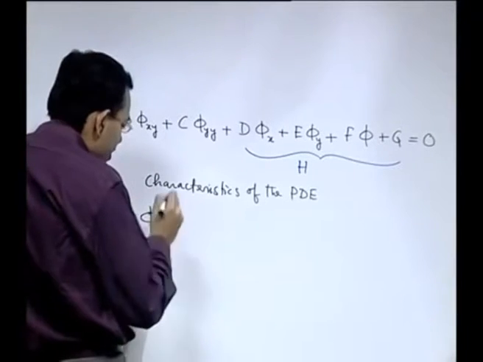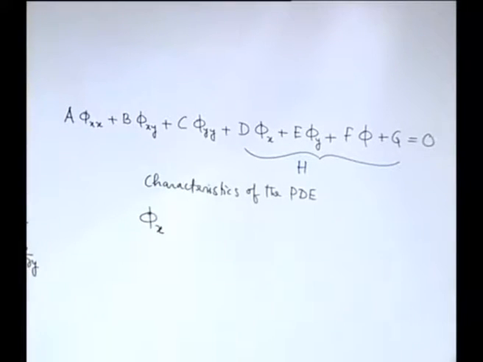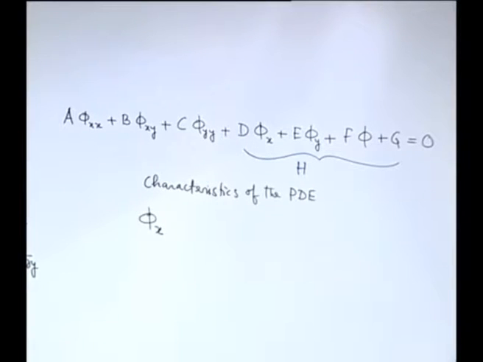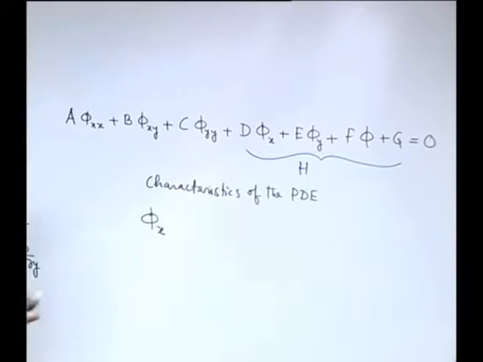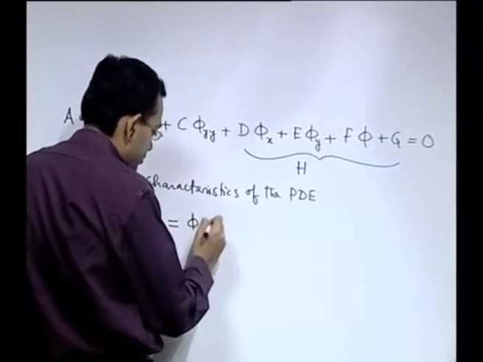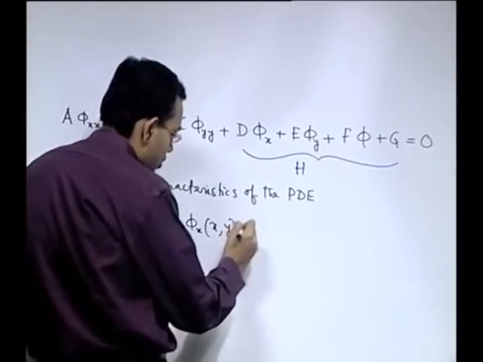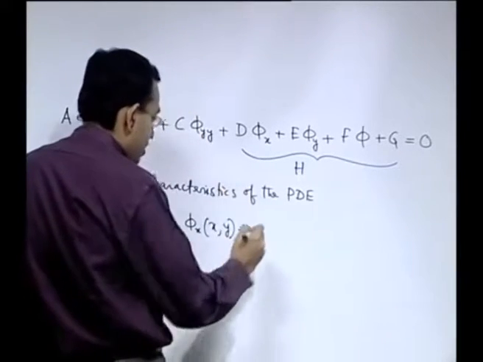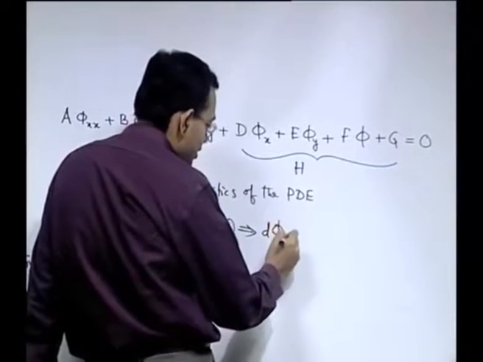First, what we do is we write phi x and phi y as functions of what? x and y, these are functions of x and y. So, from here you can write d of phi x